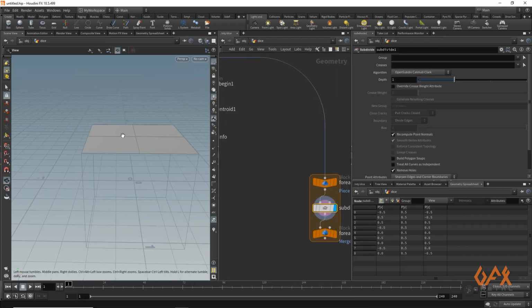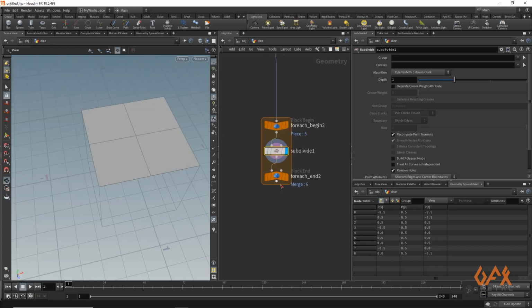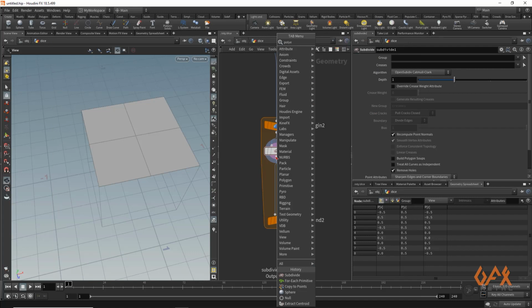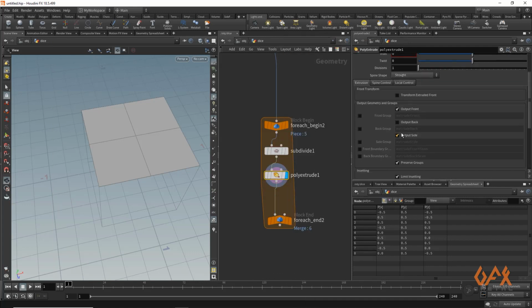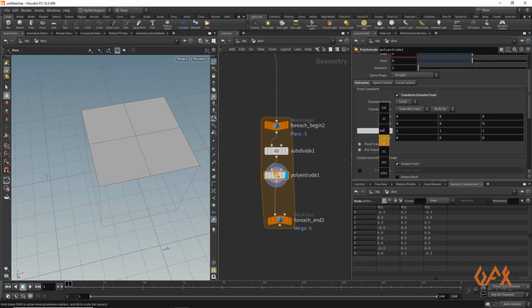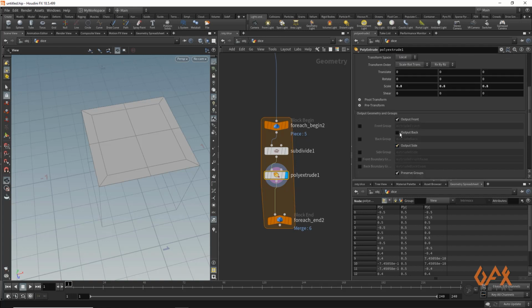It just subdivides this like this. Now I apply one poly extrude, and over here in transform I reduce it to maybe 0.8 like this, and click on extrude front,